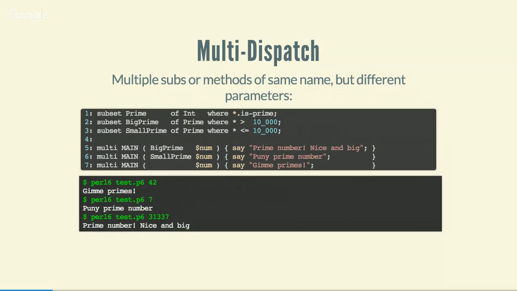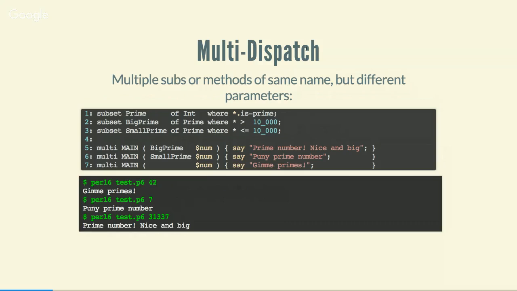So in this better example, first of all, I'm creating 3 subsets, and on line number 2 and 3, I'm actually creating a subset of a subset, so you can nest them this way. You can also notice the where clause. I'm using an asterisk instead of a code block. That's called a whatever star, and I'm going to talk about it later. But for now, you can see that it lets you get rid of the block and also get rid of the